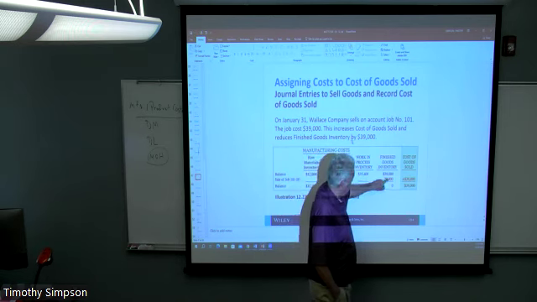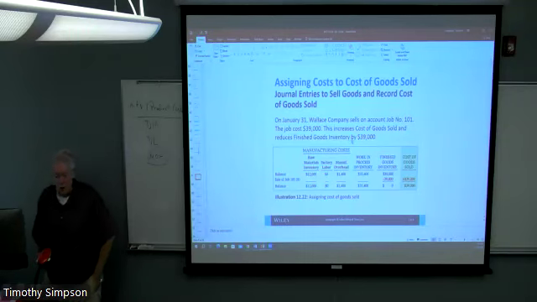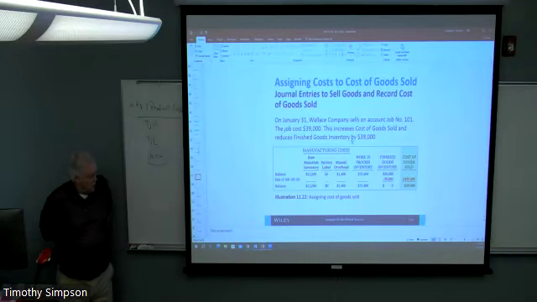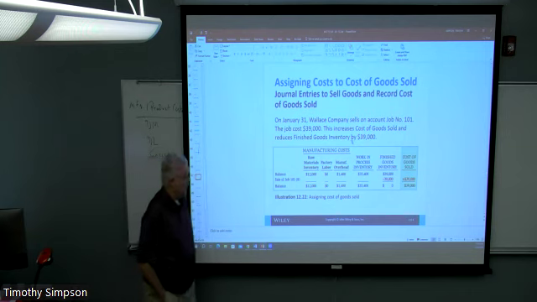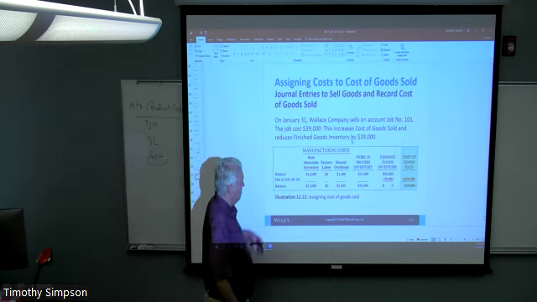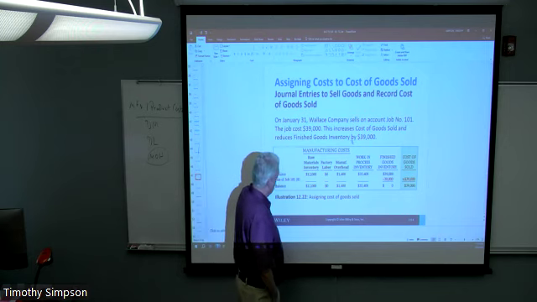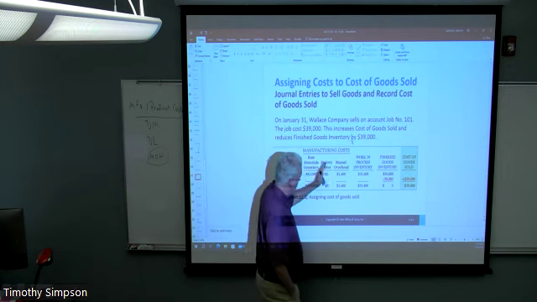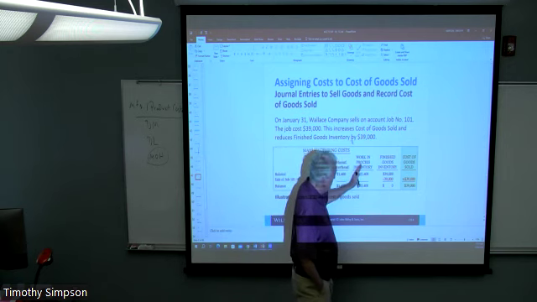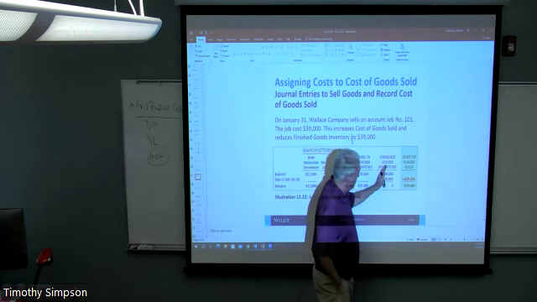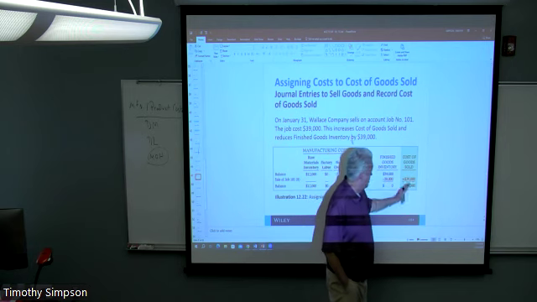That's really the first and only time that we recognize costs. All these other costs are tied up in inventory. They're prepaid items essentially, and we don't recognize the cost until we sell them. And so here's the flow of costs. We start with raw materials and labor and overhead. We have work in process. Then the good gets done. It goes to finished goods, and then the good gets sold, and it goes to cost of goods sold.